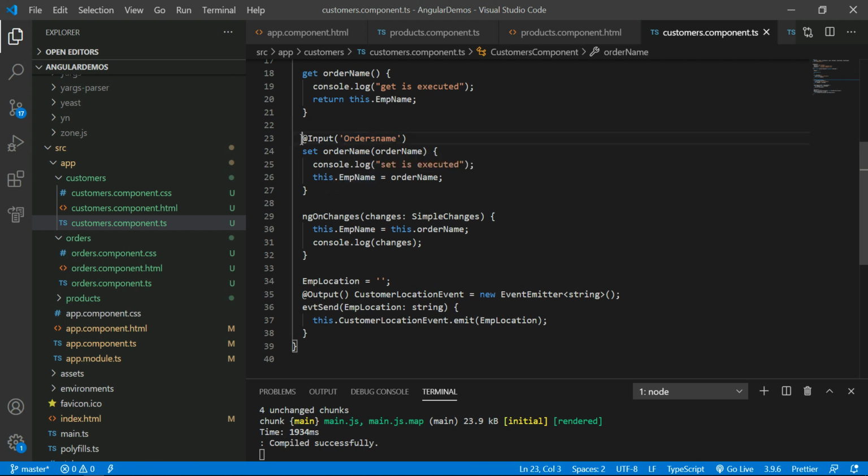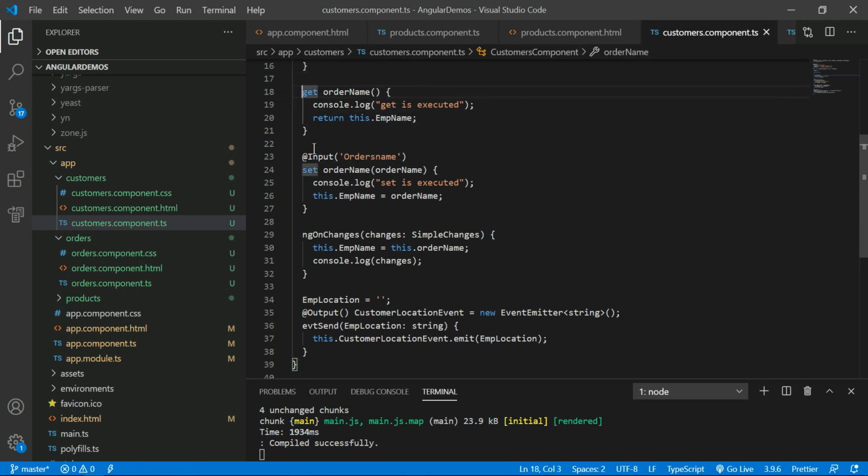Here we can use the input parameter in two ways, either with set and get properties, or without the set and get properties also we can accept. The difference is, in case you are getting an undefined value or null value from the input parameter.